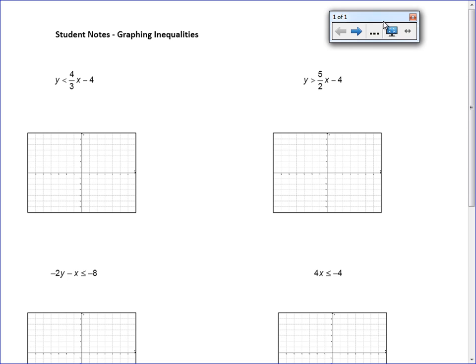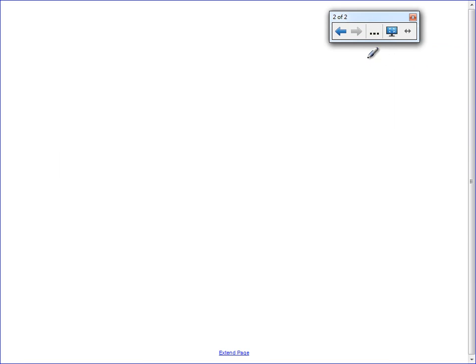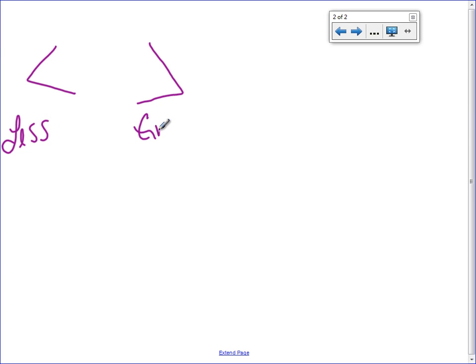So first of all, there are some things we need to write down. I'm going to put a blank page in here. You can put this on the back of your notes because it should be blank on the back. So the first thing we need to do, we know our less than and our greater than symbols. So this is less and this is greater. And when we graph these two on our graph and we do them with a line, they will always be graphed using a dotted or a dashed line. So when you draw the line with a less than or greater than symbol, you have to draw a dotted line. You will not connect it and make it a solid line. It's just like having an open circle before. You will have an open line, so it's got to be dotted